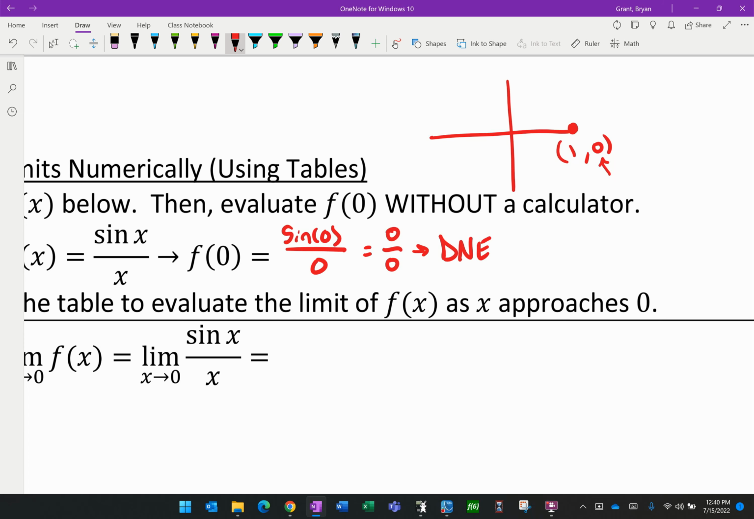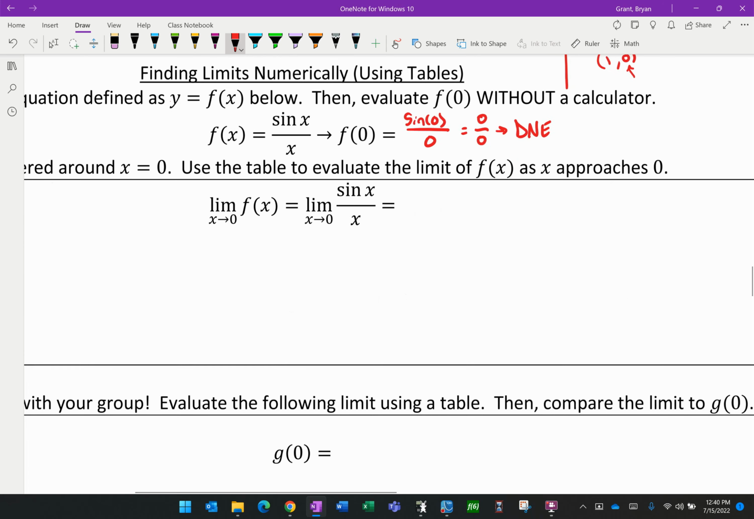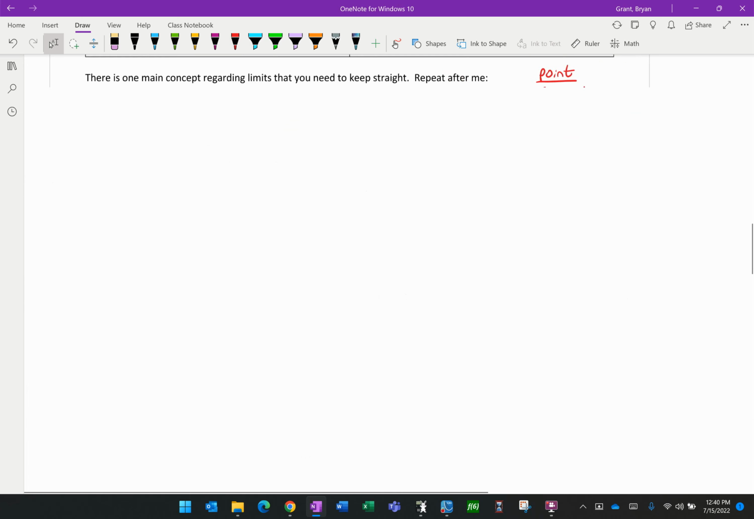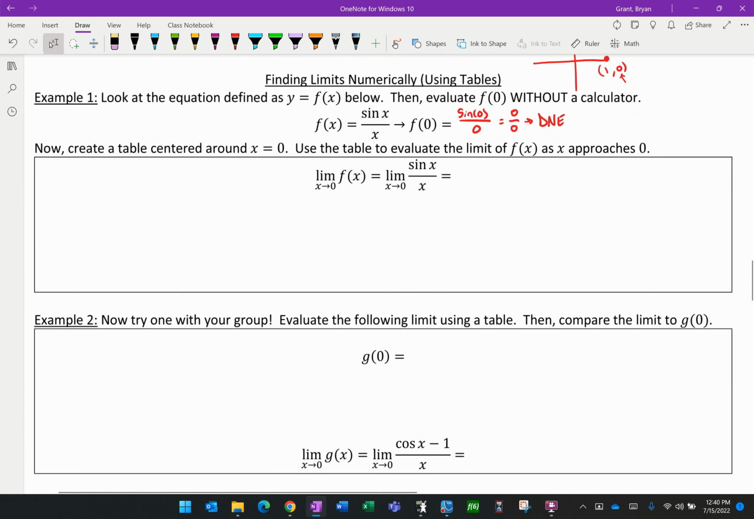Okay. Well, we're going to go ahead then and use a table to figure out what happens. My screen jumps around every now and then. What happens around 0. In fact, we're going to try to answer the question, what is the limit as your x's get closer to 0? Because we saw f of 0 didn't exist, but what happens close to that point? Do those points also not exist? Well, what we're going to do is to make a table, we're going to have our inputs and our outputs,